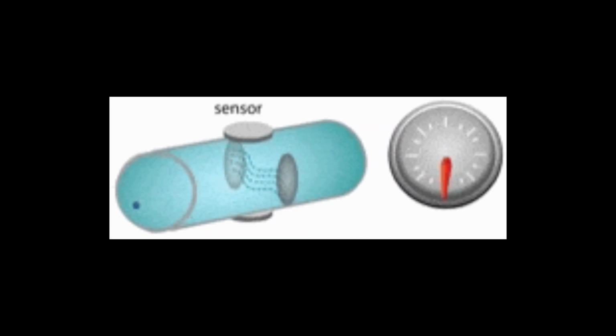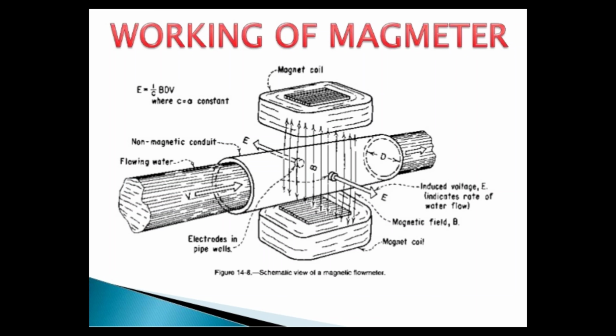It acts as a sensor. Whenever liquid flows, an EMF will be generated in that liquid, which is sensed by the sensor. Basically, when the conductive liquid flows through the magnetic field, a voltage is induced. To measure this generated voltage, which is proportional to the velocity of the flow, two stainless steel electrodes are used, mounted opposite to each other. The two electrodes placed inside the flow meter are connected to an advanced electronic circuit that has the ability to process the signal. The processed signal is fed into a microprocessor that calculates the volumetric flow of the liquid.